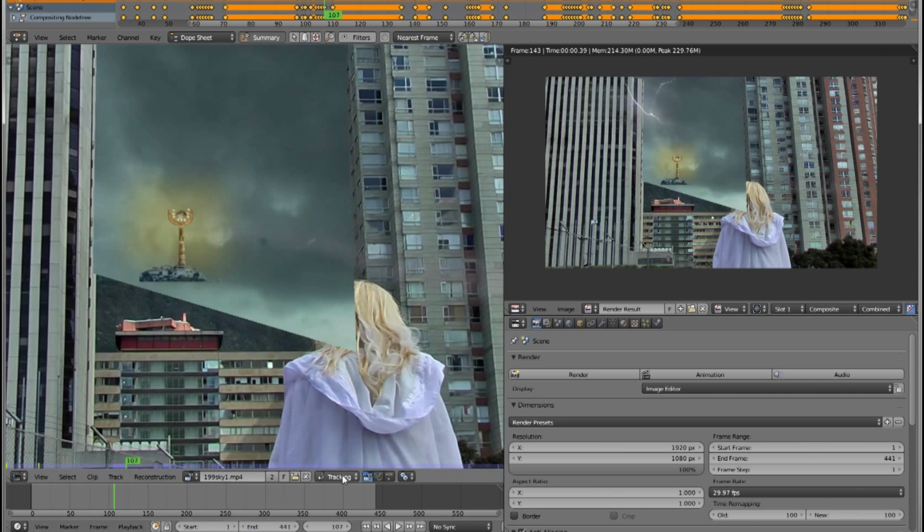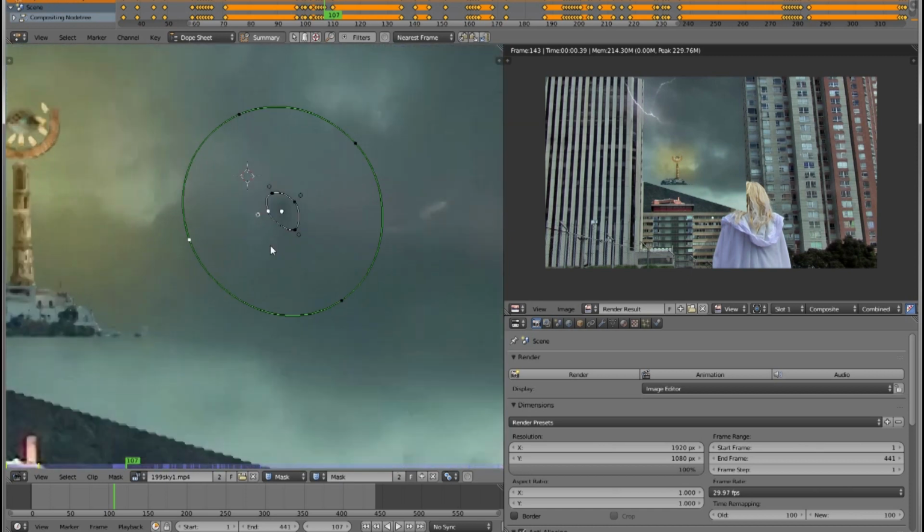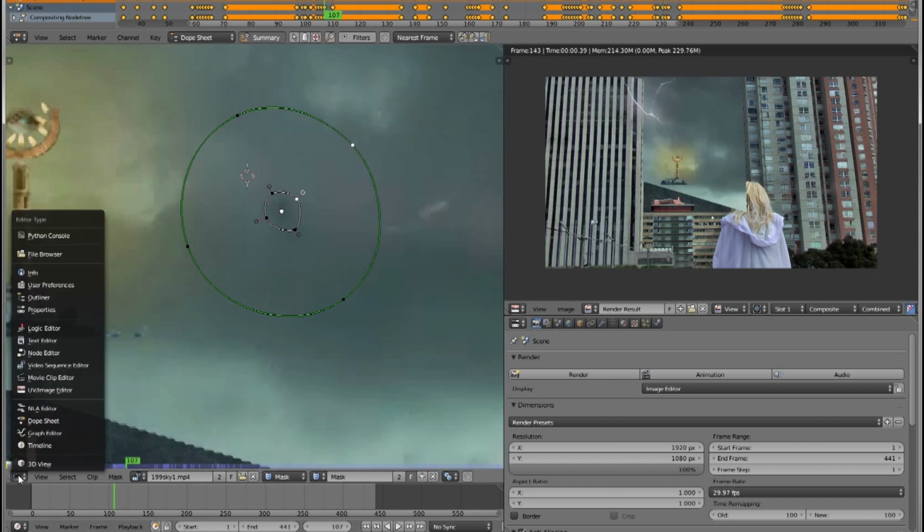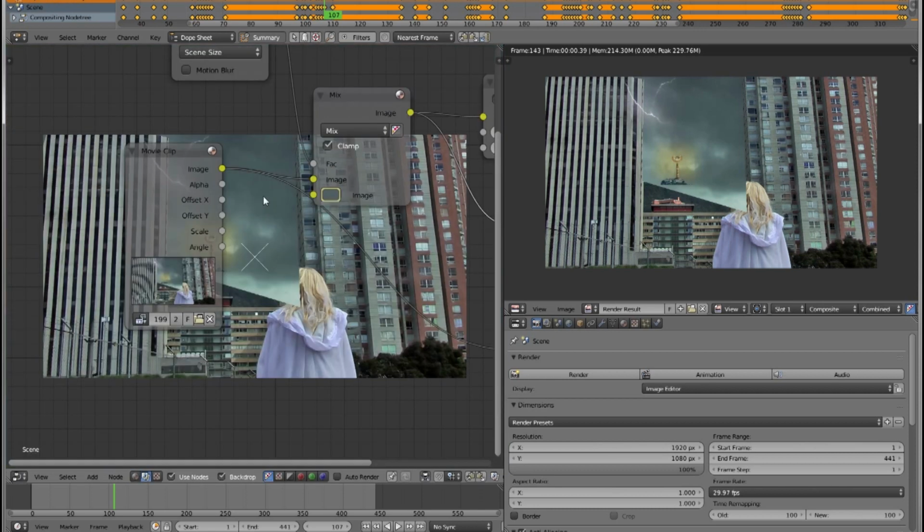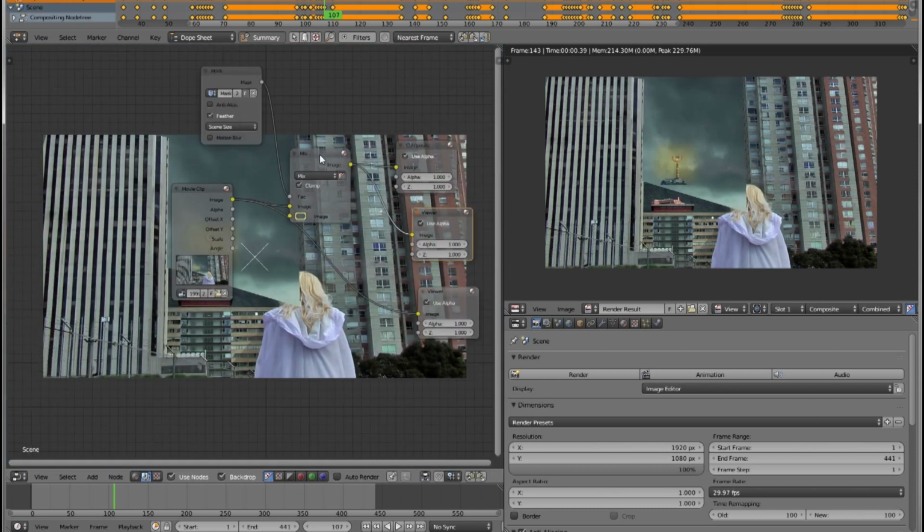Well, a fix to this, which I quite like, is I can go to the mask and make a mask by putting a little spot around that by Control clicking and then Alt C to close it, and then Shift drag that point out to feather it out. So when I go to my node editor and set up here, it's quite a simple thing. I can make a patch of the color.